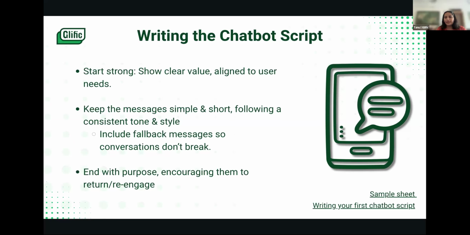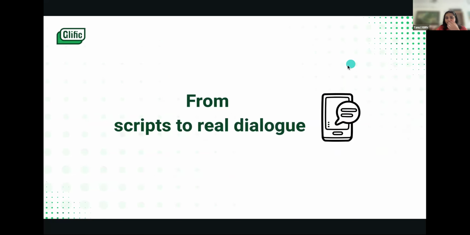So that's about putting a script together. As I said in the beginning, there are multiple ways this can be put together, either on an Excel sheet if that's simpler, wherein you put a conversation between the user and the chatbot. I've linked that in the deck. When I share the deck, I think you'll have easy access to it. The other format would be to put that down in a flowchart in the beginning itself. That's about writing the script.